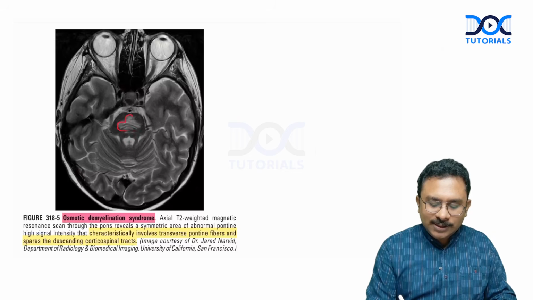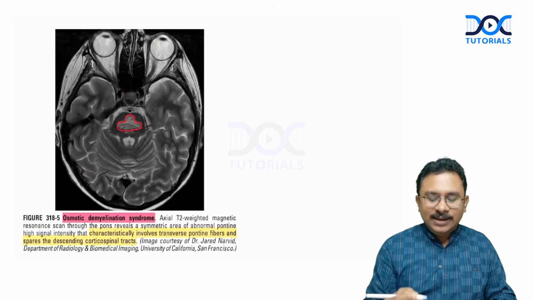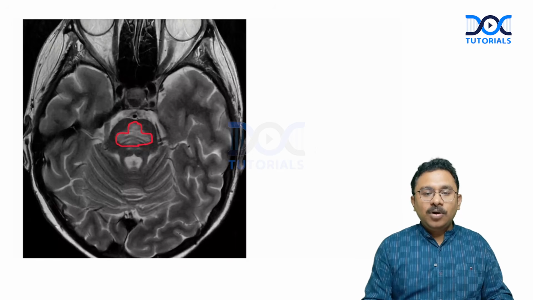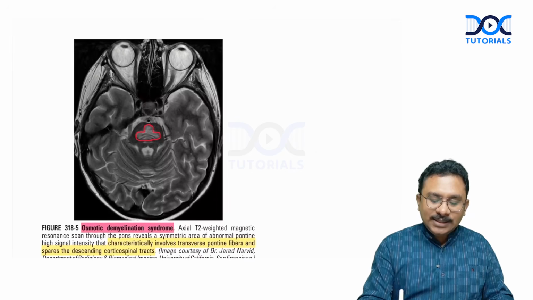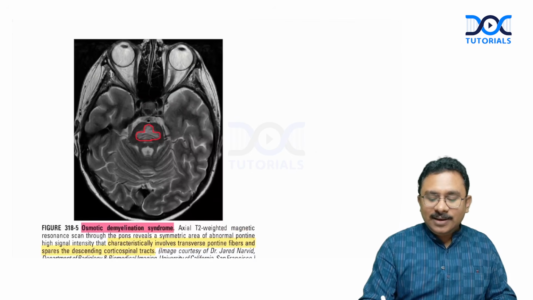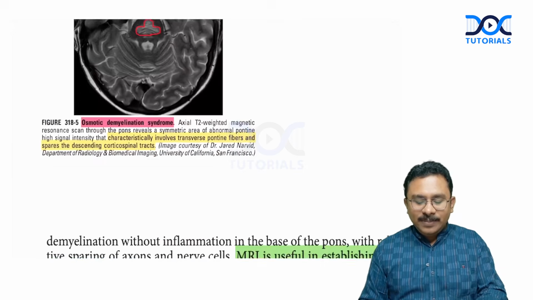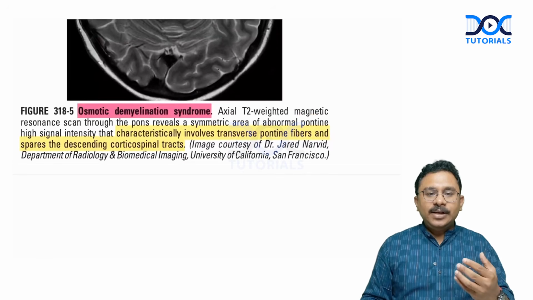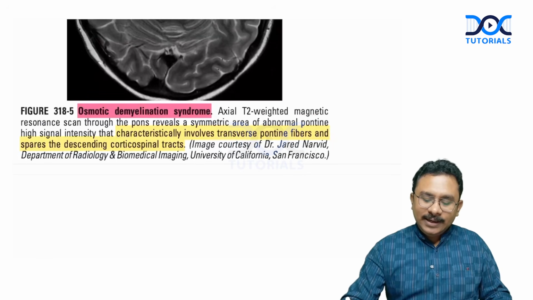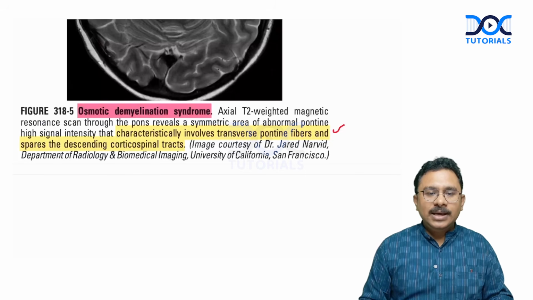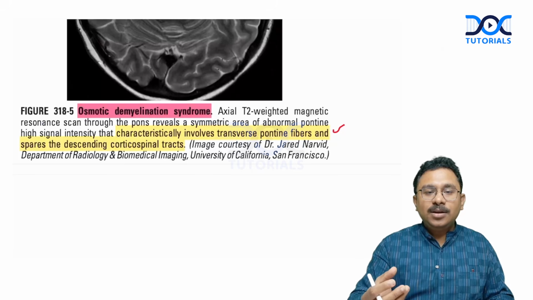So what do you call this pattern of hyperintensity that develops in the pons in the context of central pontine myelinolysis? This is referred to as the trident sign. So you can see the mention in Harrison as well. The reason for this trident sign is a characteristic involvement of the transverse pontine fibers, and it actually selectively spares the